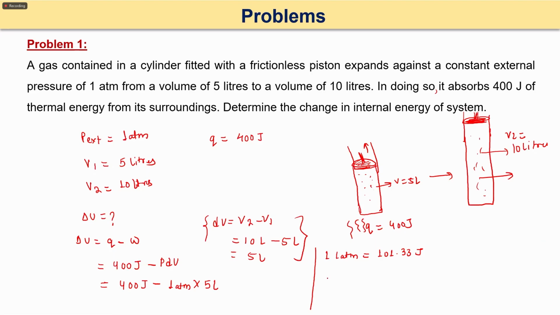So what will we get? ΔU is equal to 400 minus 5 times 101.33, which is 400 joule minus 506.65